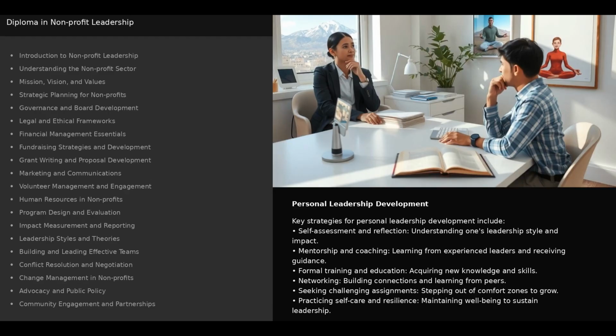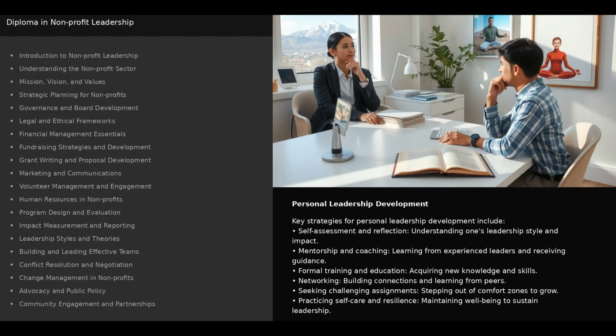Key strategies for personal leadership development include self-assessment and reflection, understanding one's leadership style and impact; mentorship and coaching, learning from experienced leaders and receiving guidance; formal training and education, acquiring new knowledge and skills; networking, building connections and learning from peers; seeking challenging assignments, stepping out of comfort zones to grow; practicing self-care and resilience, maintaining well-being to sustain leadership. Leaders who prioritize their own development are better equipped to inspire their teams,